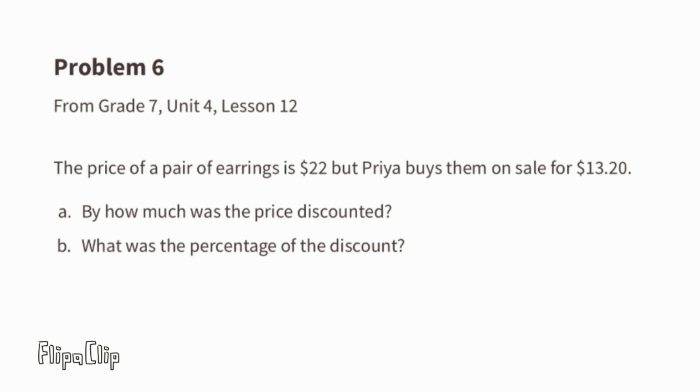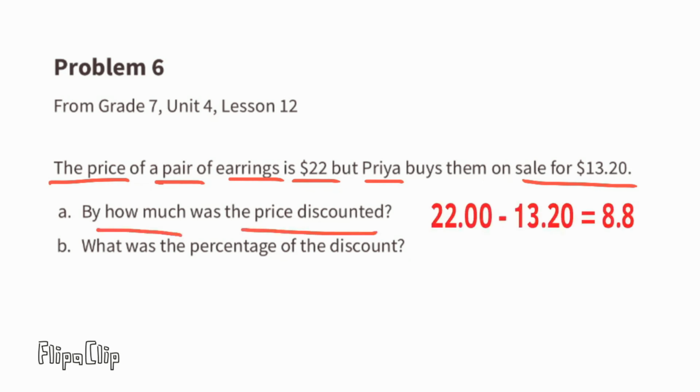Problem number 6 from 7th grade, Unit 4, Lesson 12. The price of a pair of earrings is $22, but Priya buys them on sale for $13.20. A. By how much was the price discounted? The original price of $22 minus the sale price, $13.20, equals the discount,